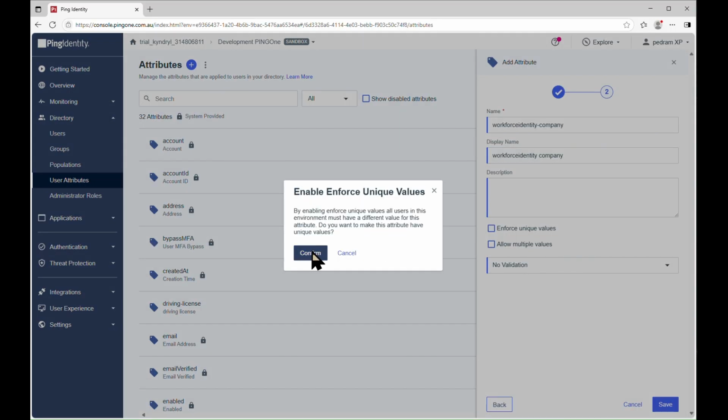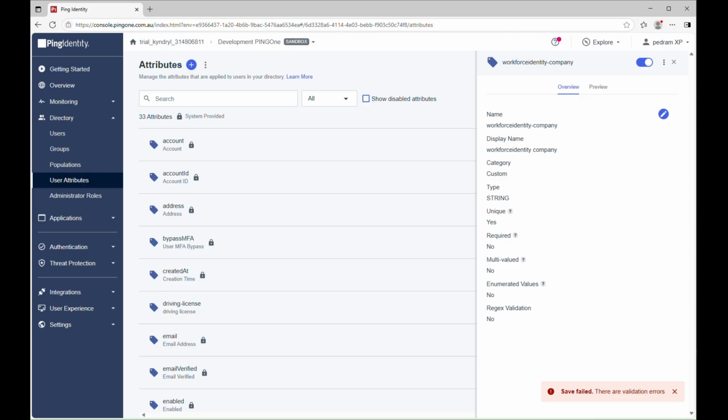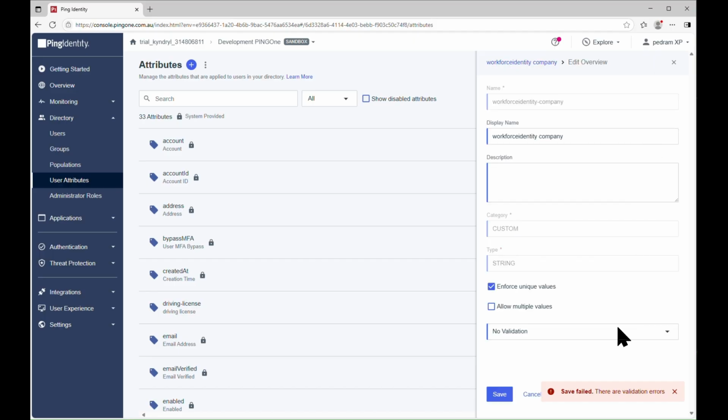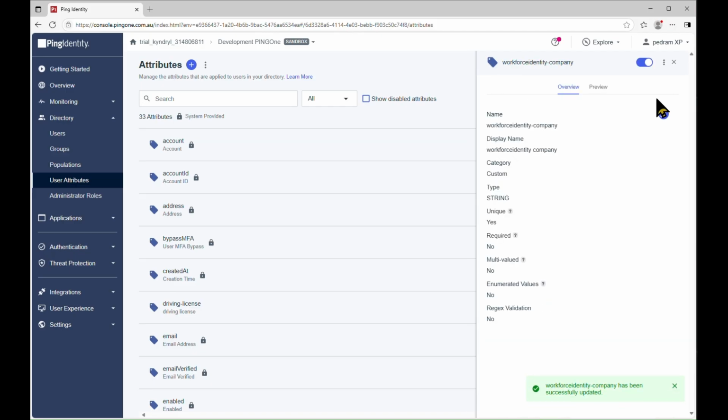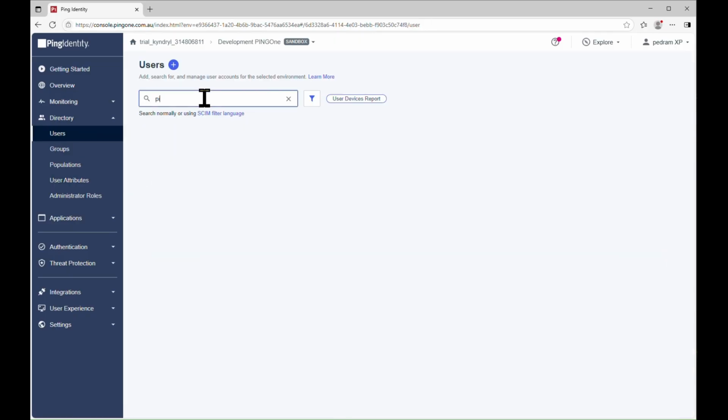This way it's unique. And save. Alright, save, validation error, fail. Okay. Accepted now. If we go back to our users, for example, the user that we created, Ping,